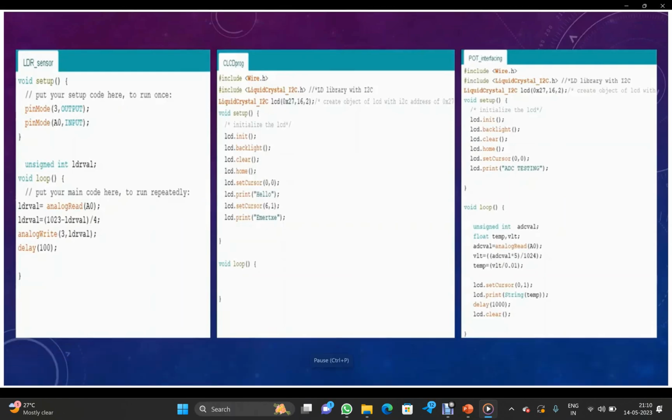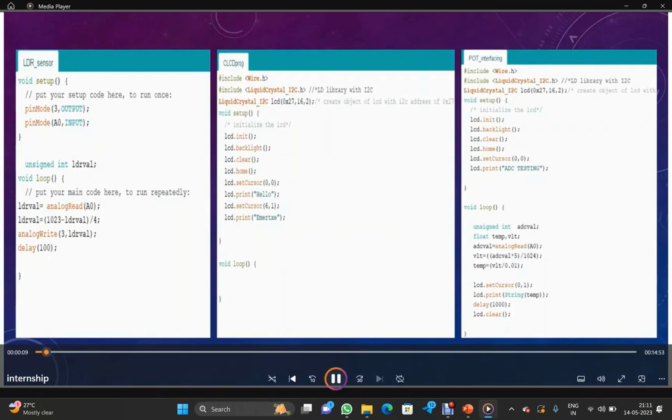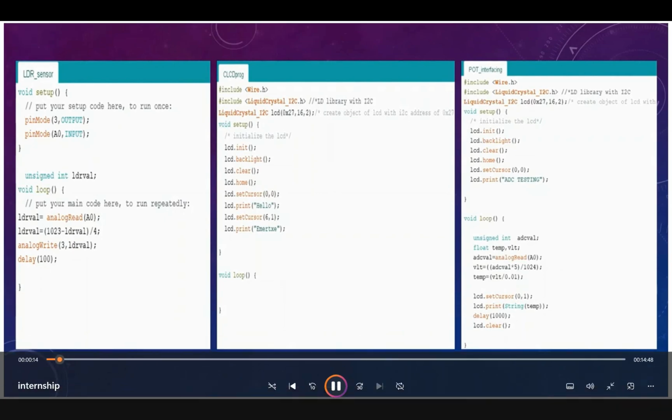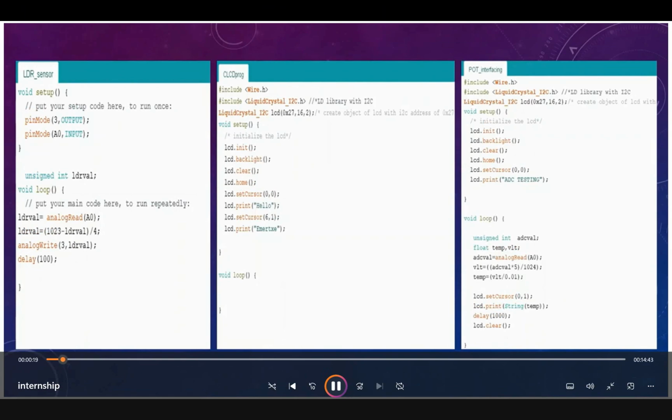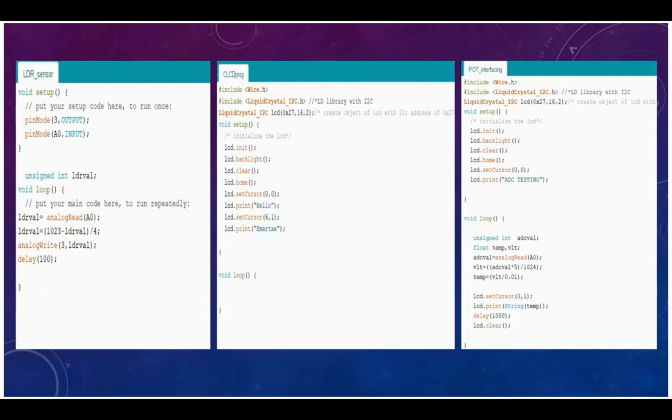As we can see, LDR sensor, CLCD programming and the port interfacing. In this, coming to the LDR sensor, we have used the pinMode function, which is used to set a pin as output pin or input pin. Here in this program we have set pin 3 as output pin and analog pin A0 as an input pin,